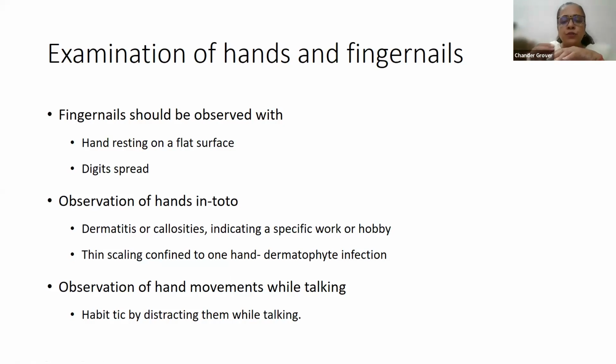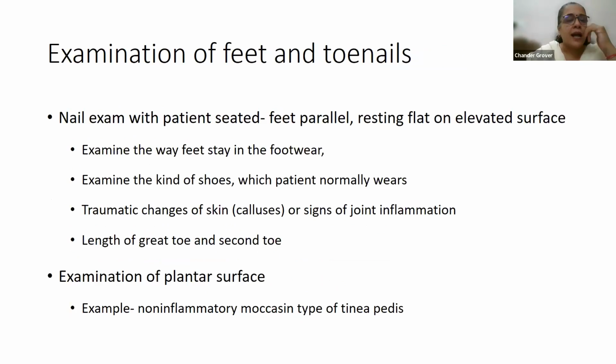But what was the clue? It was the presence of bullae on the dorsi of the hand, not anywhere else on the body. You think in an adult in terms of porphyria. It could be drug-induced. It could be porphyria cutanea tarda. Then you also need to observe the hand movements while talking. A nervous patient will be doing a tic kind of thing right in front of you and not realizing what they are doing.